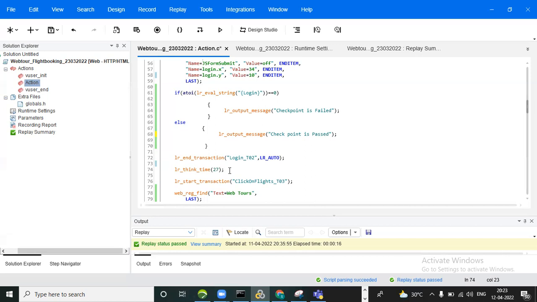We have one more function, LR save string. To assign a value to a LoadRunner variable, we use LR save string.